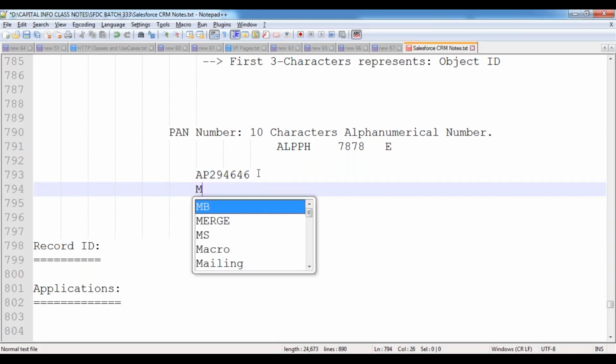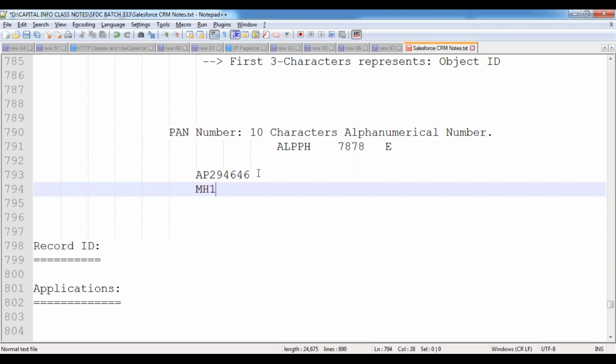Suppose I have the vehicle number MH, some 12, 9000. Now which state does this particular vehicle belong to? It belongs to Maharashtra because it starts with MH. That means the starting 2 characters indicate which state it is associated with.